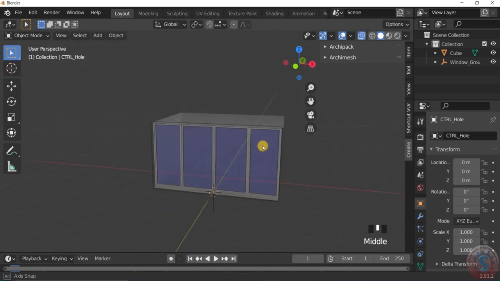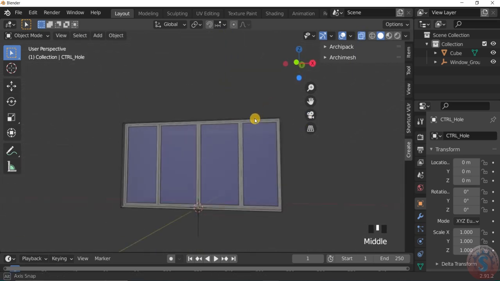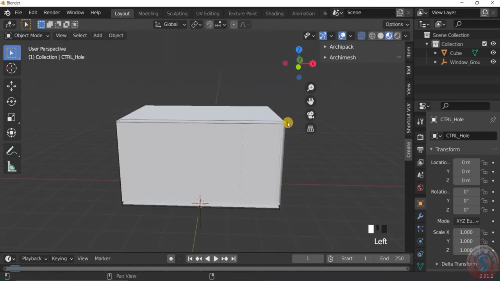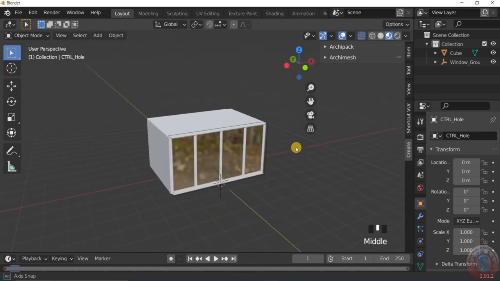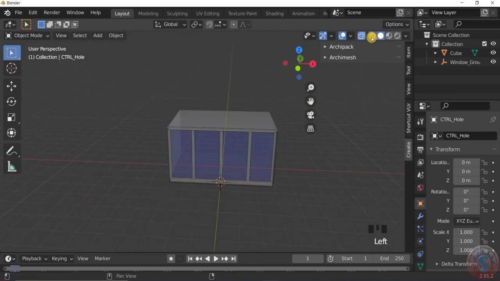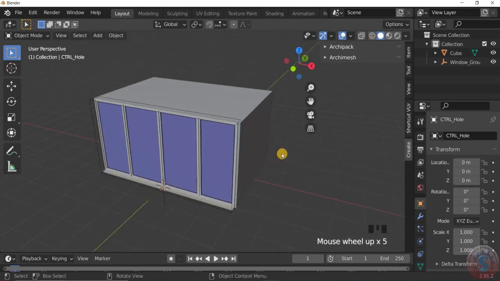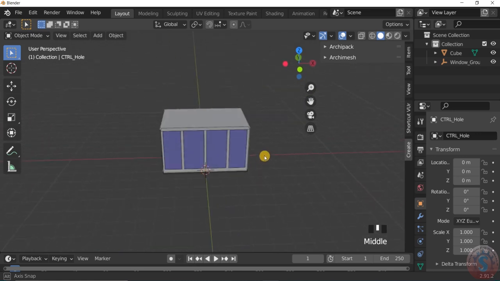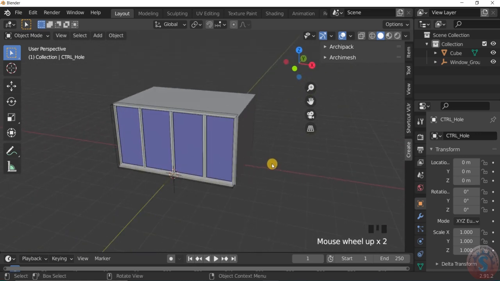You can see the inside of the shape. You can also give the different types of previews that are there, as you can observe on the screen. Toggle the X-ray mode and go into the solid option. Like this you can create one of the cubes, one horizontal type of modern panel window is created. One of the cubes is created in this.